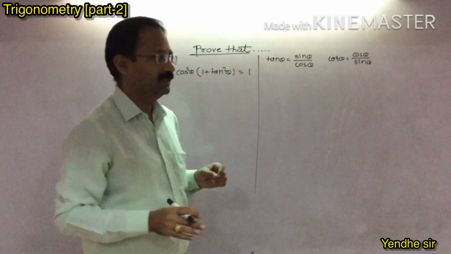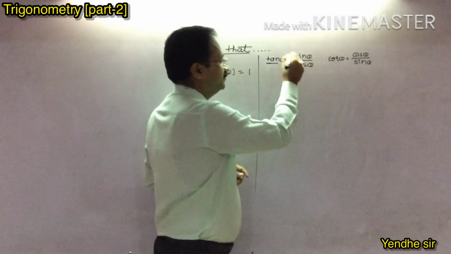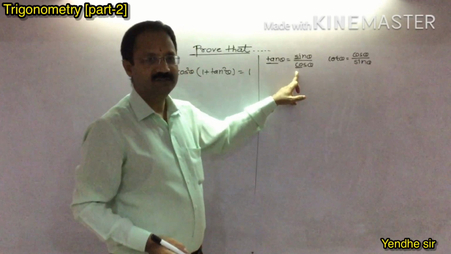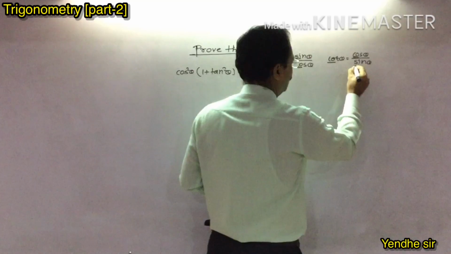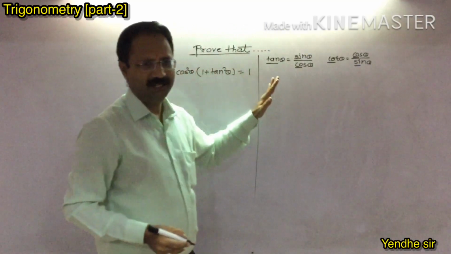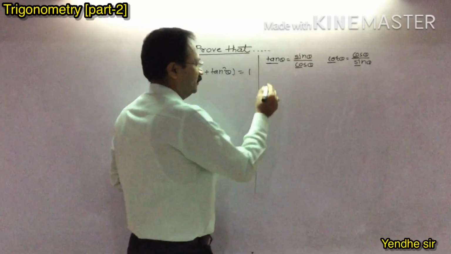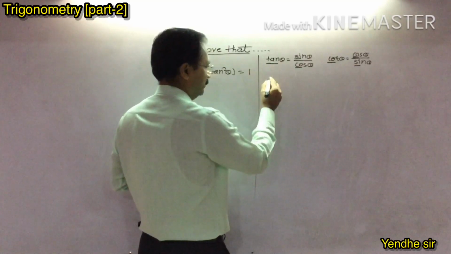Here you can remember it with a Hindi rhyme: tan se kuch seekho, and if you don't learn, then eat cocosin. And this is the simple idea to remember tan theta and cot theta. Cot is the reverse of tan theta, that you will remember.